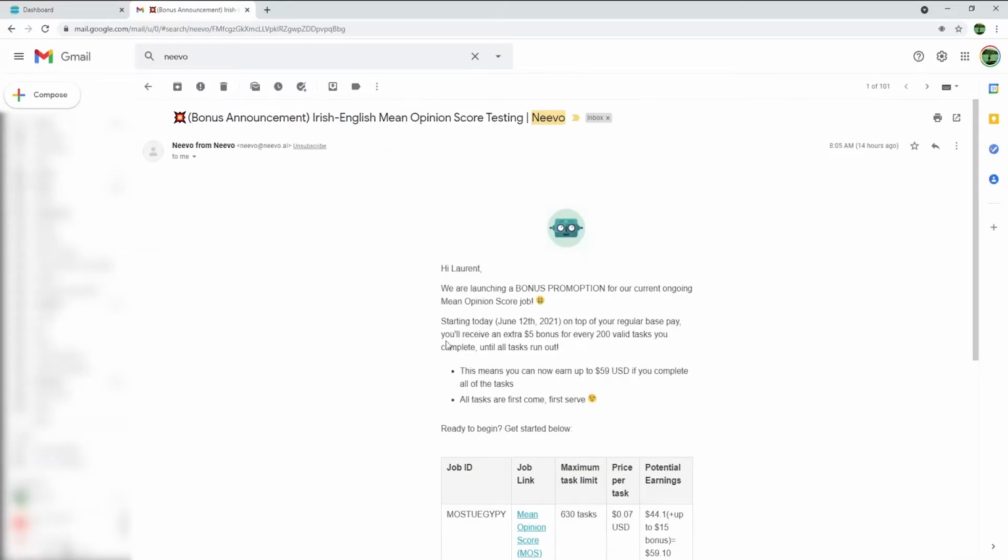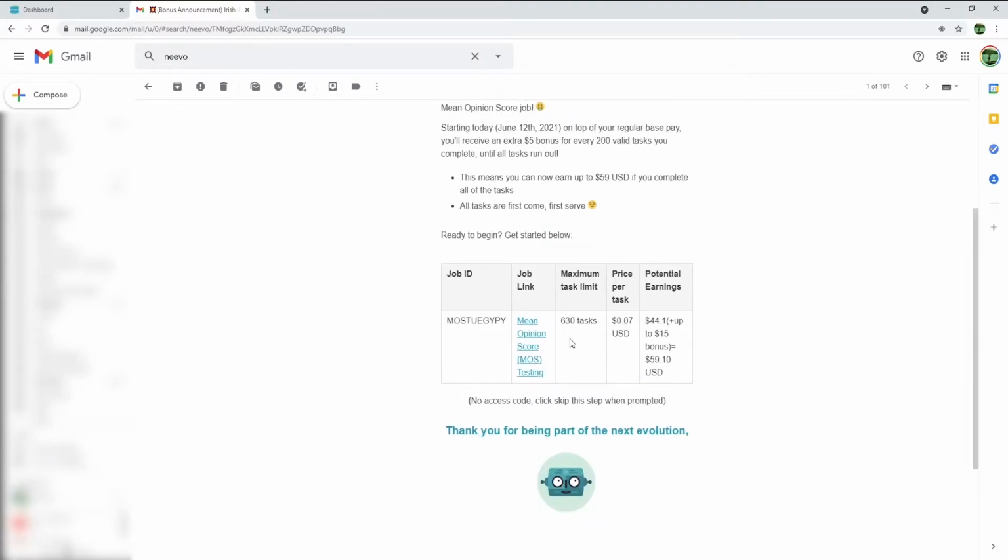Here is the latest email I received from Nevo. Sometimes they will look for specific candidates to complete tasks and give you an extra bonus if you complete all the tasks required. This project includes completing 630 tasks and you will get paid 7 cents per task completed. It sounds like a lot of tasks, but I've completed similar projects with around 400 tasks and got paid around